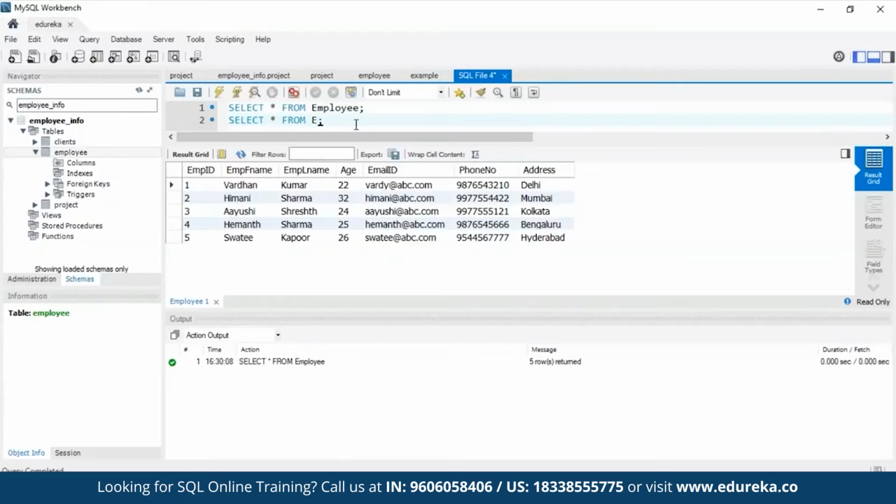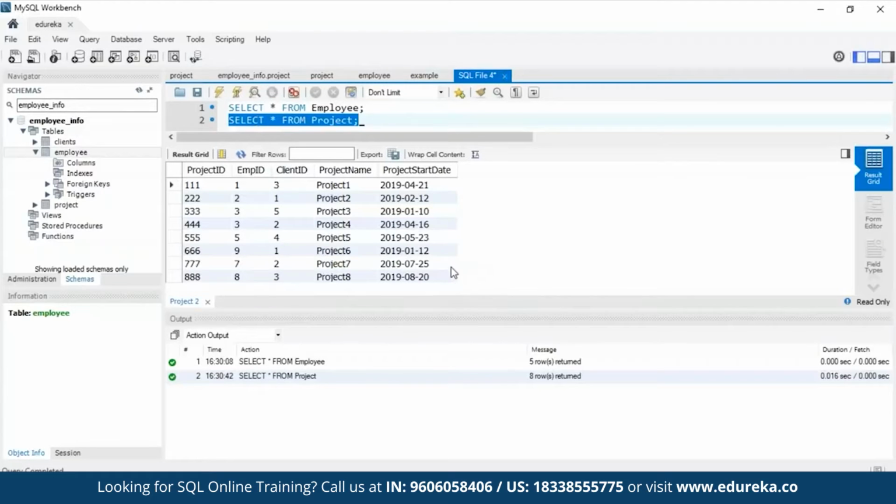Right, so let me just remove this and type in project and execute this particular statement, and you'll see the different column attributes in the project table. As you can see, I have the project ID, the employee ID, the client ID, project name, and the project start date. Client ID can basically be considered for all those clients, so you can have a separate table for the client IDs. So guys, if you see in both these tables, there's a matching column, that is the